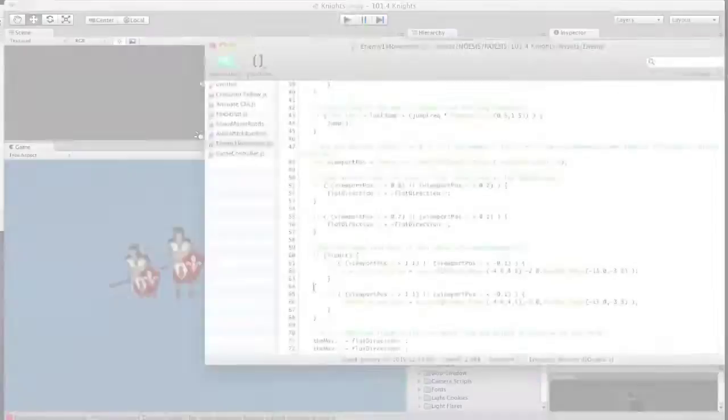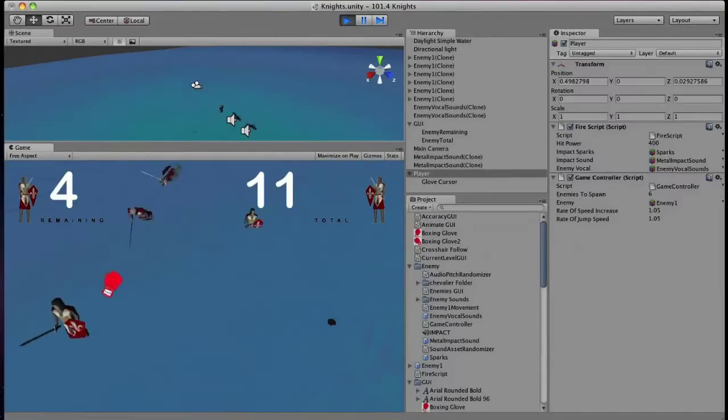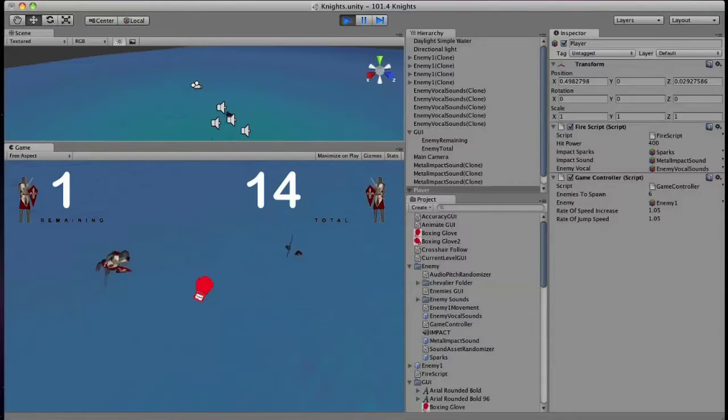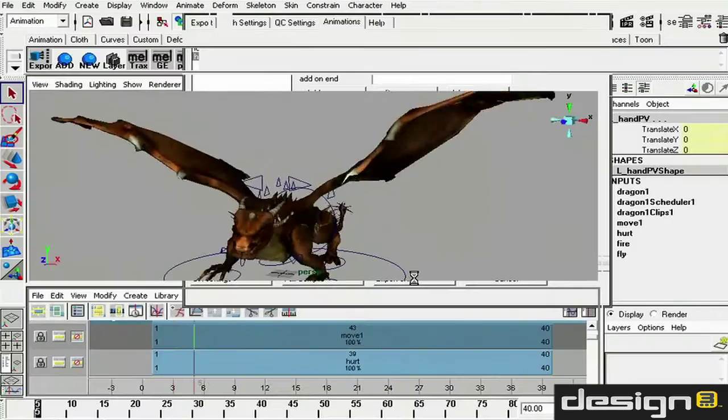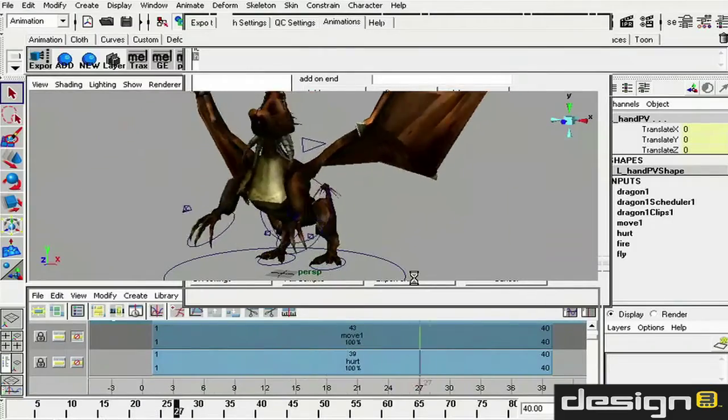Our teachers all use what they teach every day in their work. So, for example, we have some material on how to use Unity to create mobile games, and that's taught by an engineer who worked on the engine. We also have a character artist teaching how to use Maya, and we're going to have some content on sound and music in games, and that'll be taught by composers, musicians, and recording engineers.